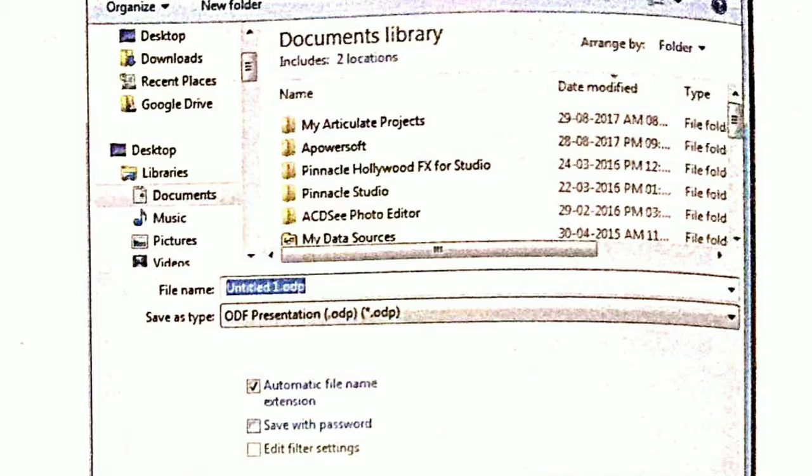If you want to change it to a PPT file, then you have to change it to PPT file. If you want to change it to a PDF file, then it will be available as PDF also. So you have to click on the save as type and choose the appropriate file type to save the